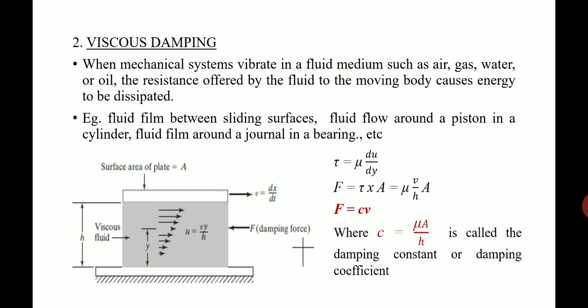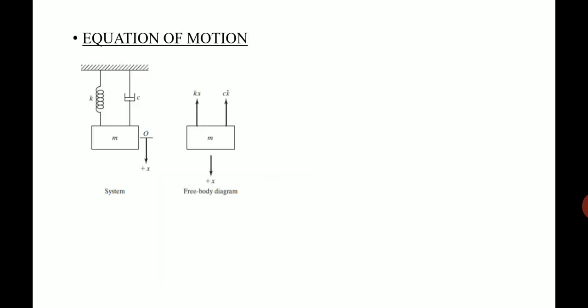F is the damping force, and v is the velocity. Okay, F is equal to c into v. Hereafter we are going to mention v as x dot, therefore it will be F is equal to c into x dot. So that is the damping force. Just you need to understand that damping force F is equal to c into v, where c is the damping coefficient and v is the velocity. So damping coefficient can be defined as force divided by velocity. So the force per unit velocity is what you call a damping coefficient.